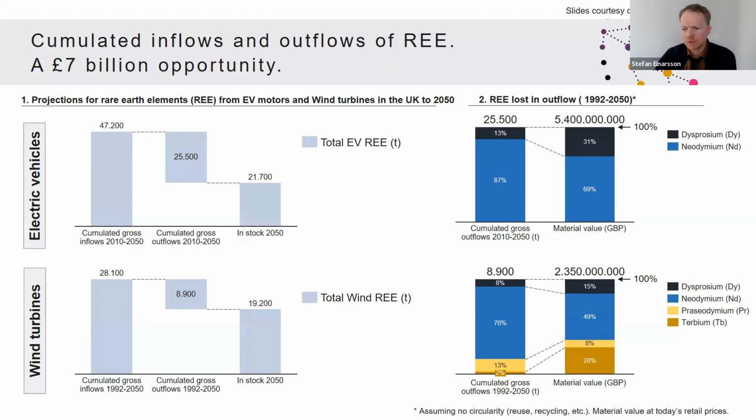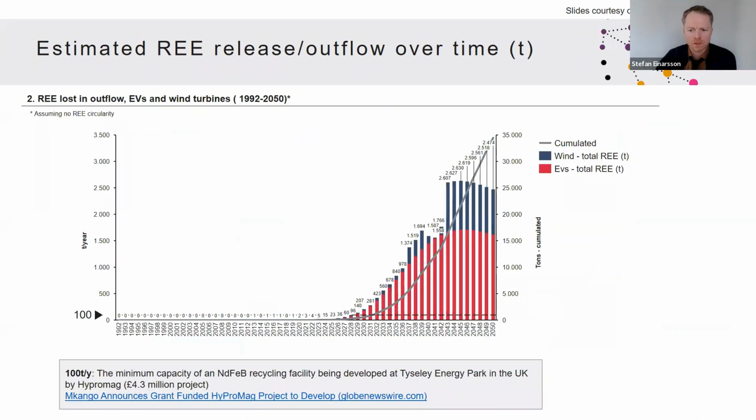The outflow over the same period is over 20,000 tons. And for these groups together, we are looking at an outflow of maybe 35,000 tons, somewhere in that order of magnitude. And the material value of those outflows, which in a business as usual would be lost, could be between 5 and 7 billion UK pounds. So it's really significant. But that gives us a first indication of the size of the prize, basically, of seeking value retention in